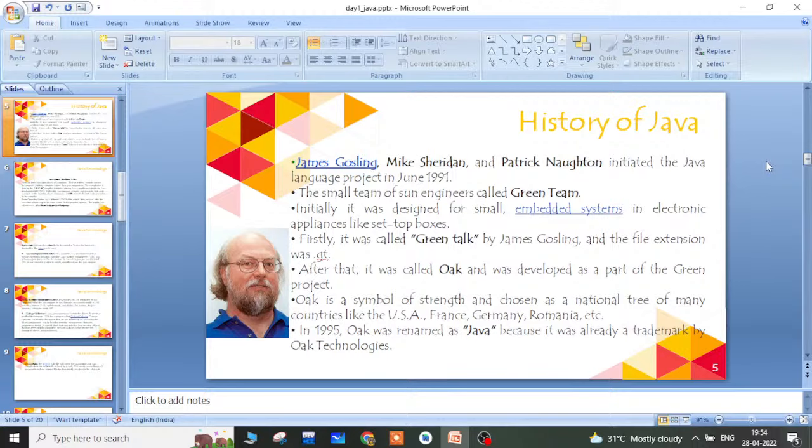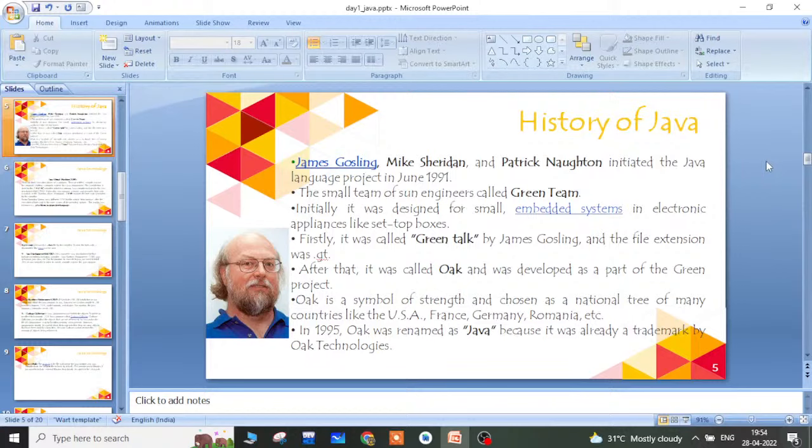In March 2018, Java Standard Edition 10 was released. In September 2018 itself, Java version 11 was released. In March 2019, Java version 12 was released.